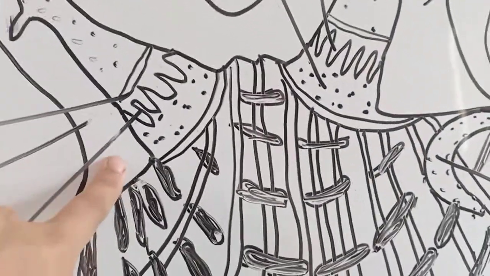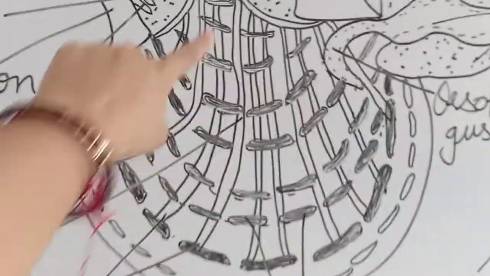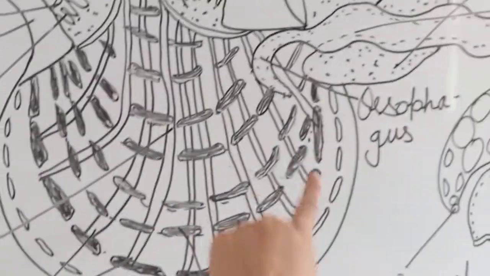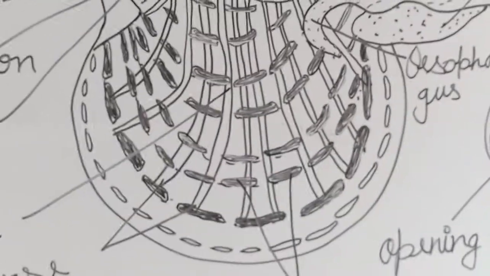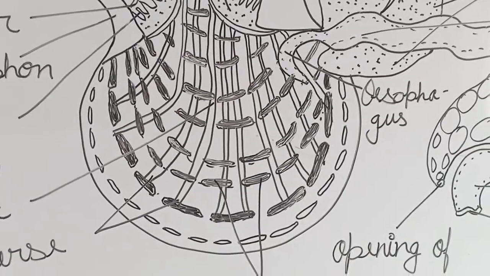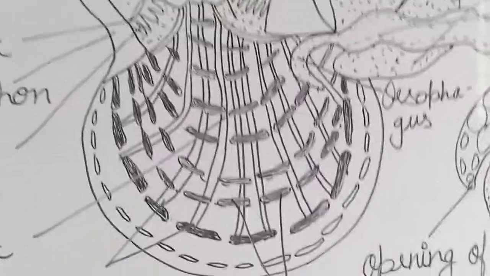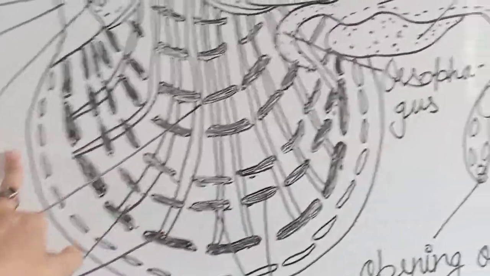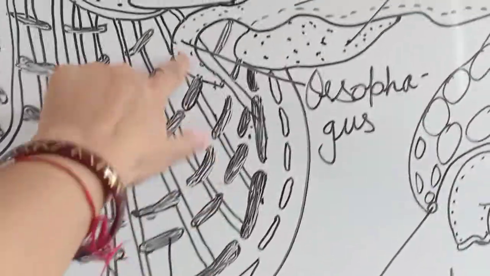After the branchial siphon, there is a large area. You can see here, this is a large area. This is known as the pharynx. So the pharynx occupies the largest part of this animal. After the pharynx, it opens into the esophagus.